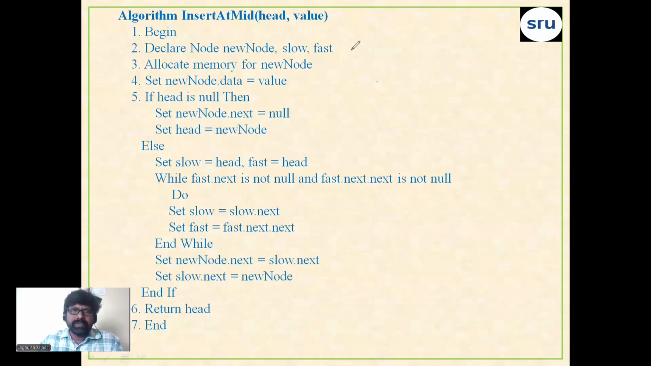Here declare node, new node. This is the way you need to declare the variables. So the variables are declared here. The variable names are given as slow. So I am taking here